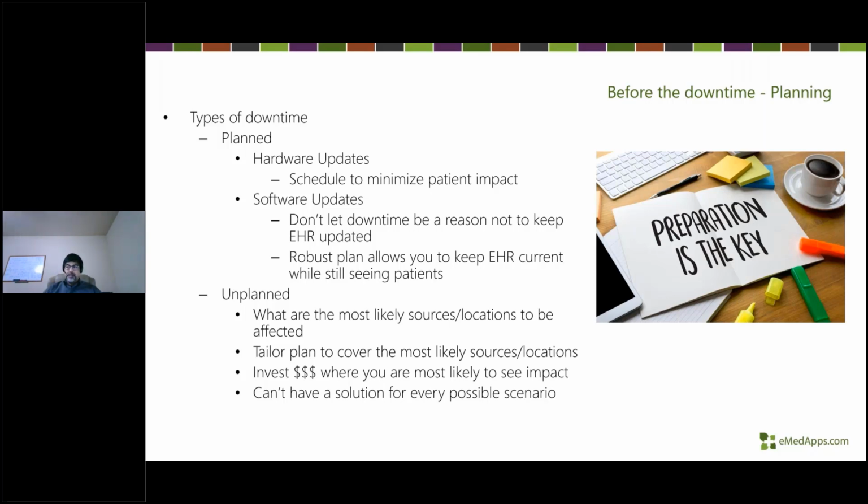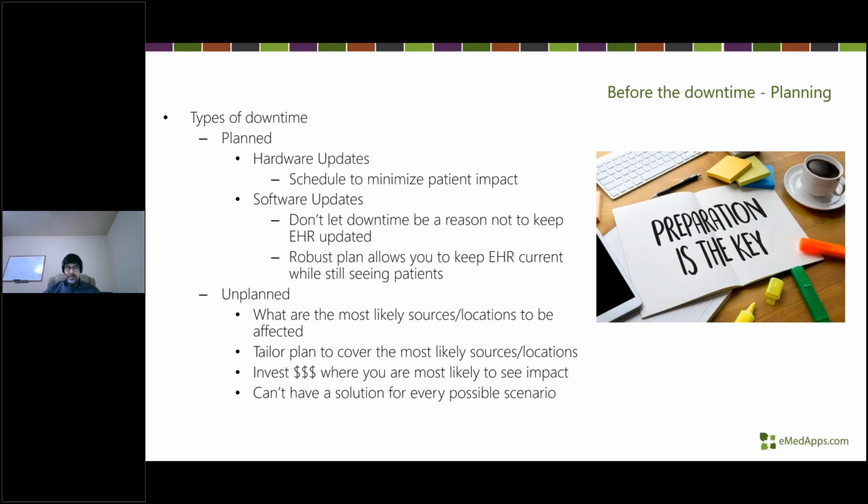Your vendors are providing software updates for very good reasons. There are a lot of informational updates that'll be beneficial to your team from a workflow perspective, from an operational efficiency perspective, but there are also updates that often are security related that are important to keep your system as secure as possible and as up to date as possible. So really, downtime shouldn't be a consideration when deciding whether or not to upgrade your system.